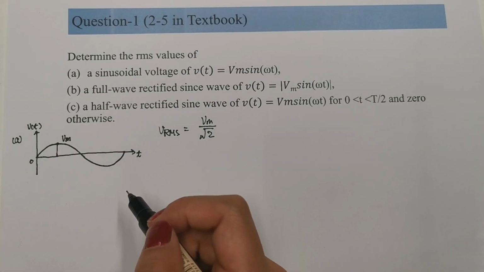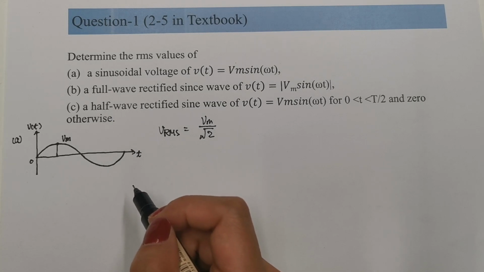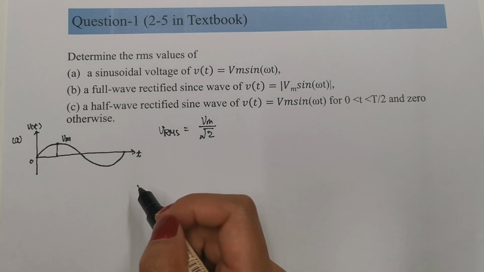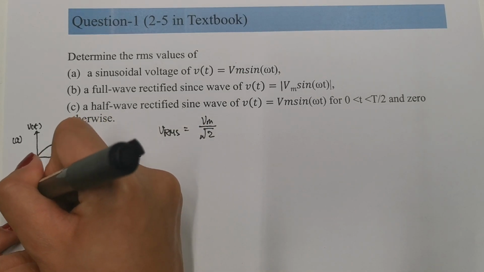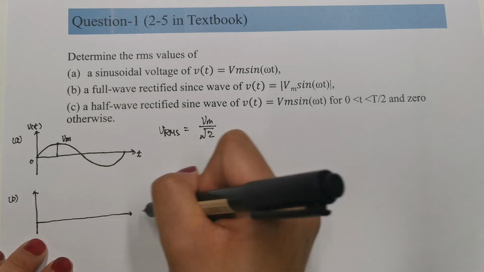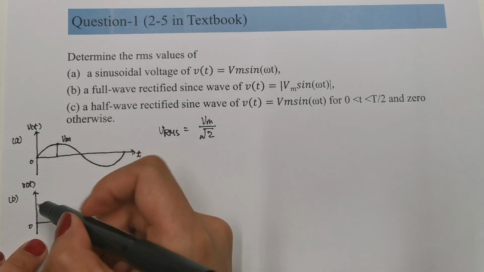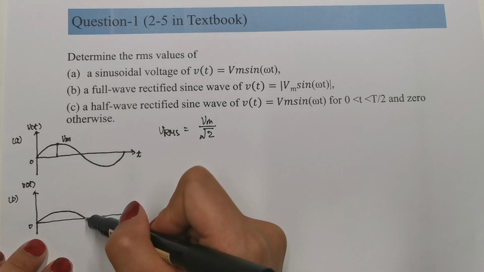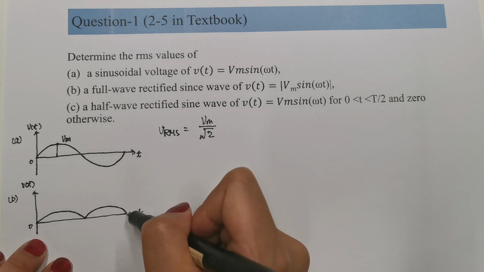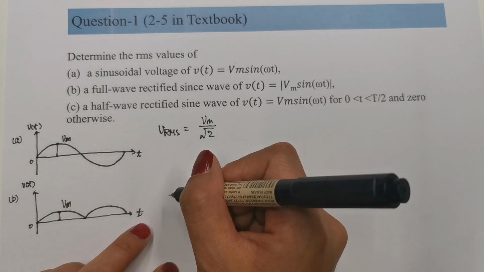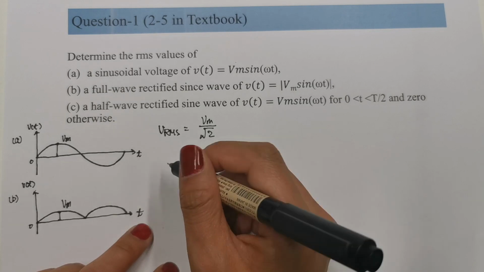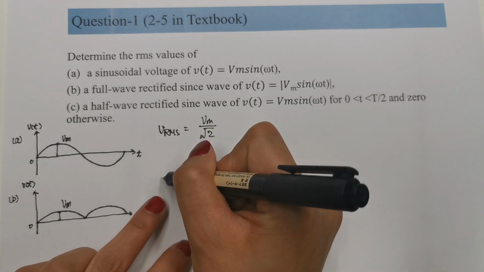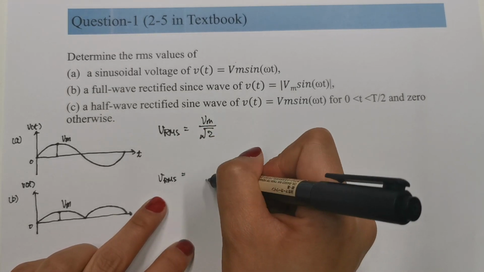Question B is to calculate the RMS value of the full-wave rectified sine wave, v(t) equals the absolute value of Vm sine omega t. So let's first plot the waveform. The first half period is exactly the same, and the second half is flipped up. If we put this voltage into our RMS definition formula, we will see that Vrms equals